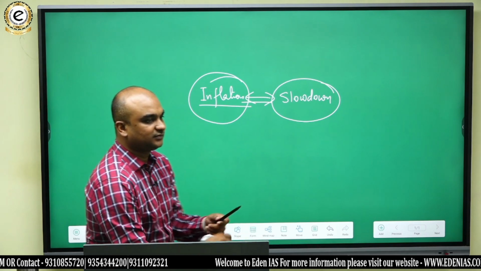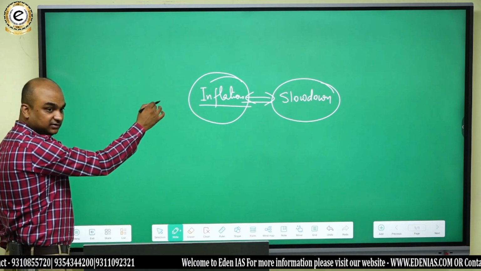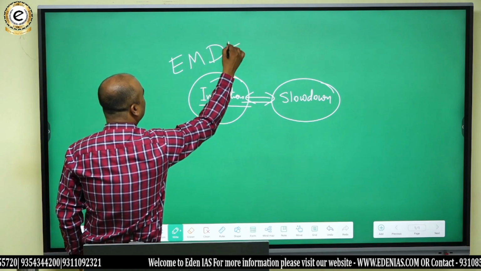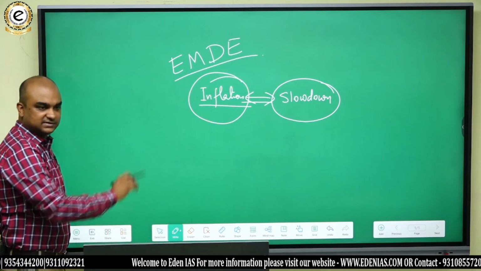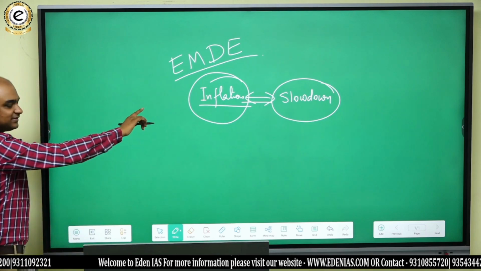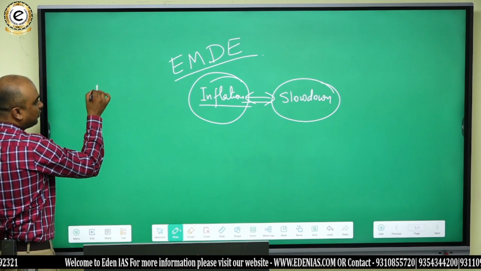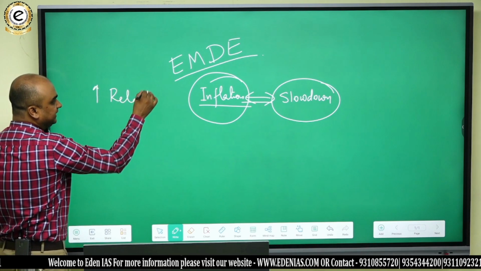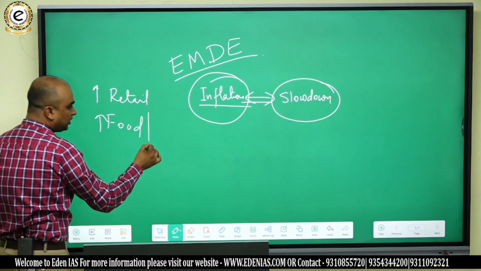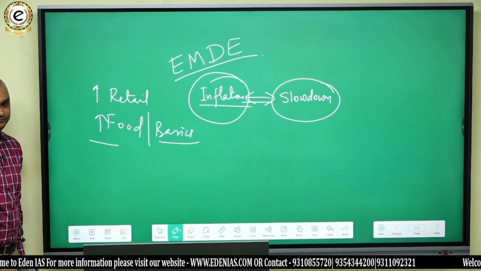Now look, you have to think from every angle. When there is inflation, especially if it's an emerging market or developing economy, let's consider that case because हमारा syllabus Indian economy है ना. So suppose if that is the scenario, then inflation is mostly what kind of inflation? Retail inflation. Inflation is what kind of inflation? Food inflation or inflation in basics and not in luxuries.